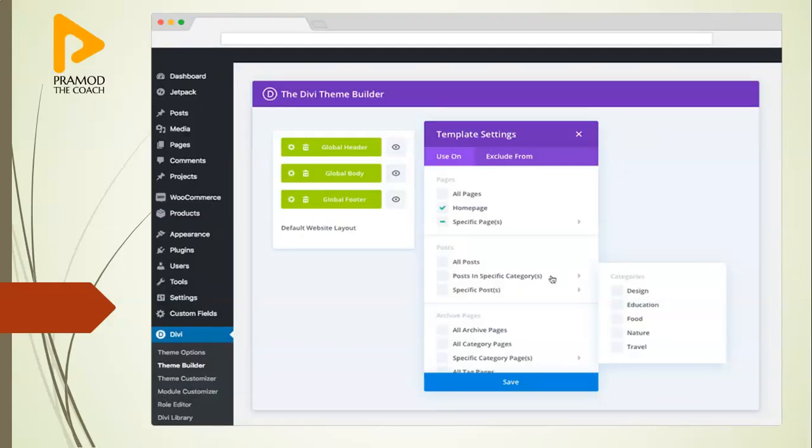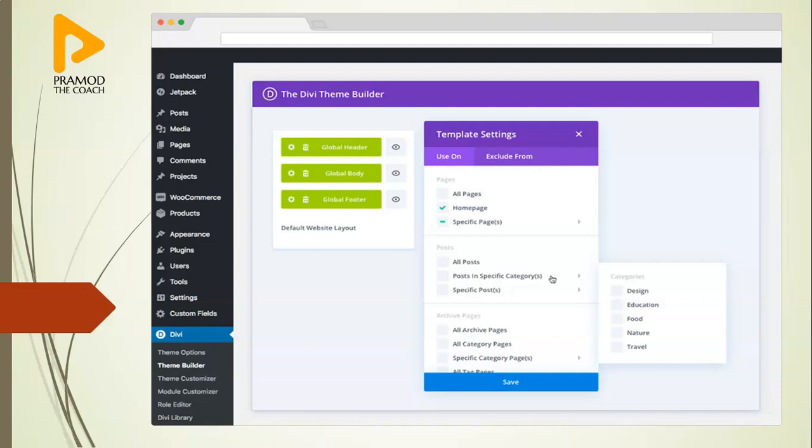Like this. This is the Divi theme builder. This is the backend actually. When you go to WordPress, in the backend, you will see these options like this. The customer, I mean the visitor who visits your website, will not see this.